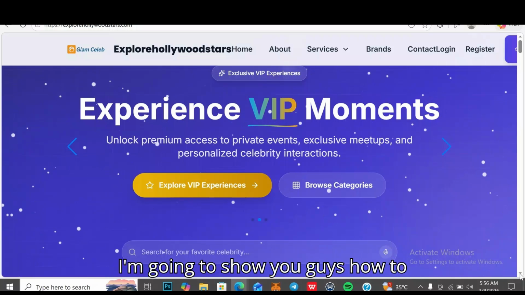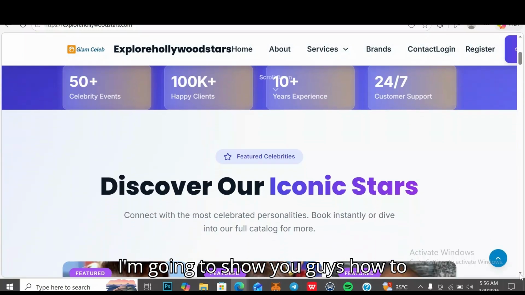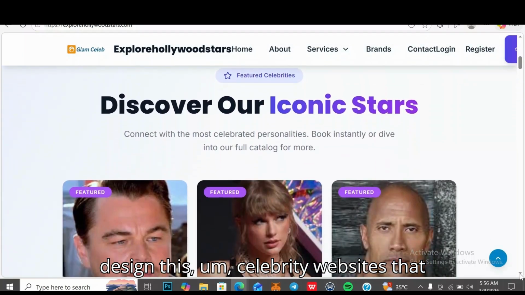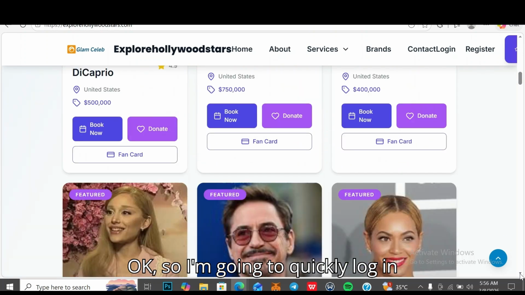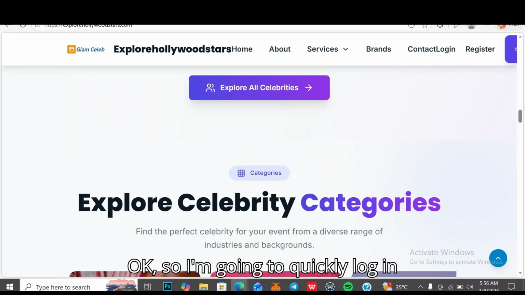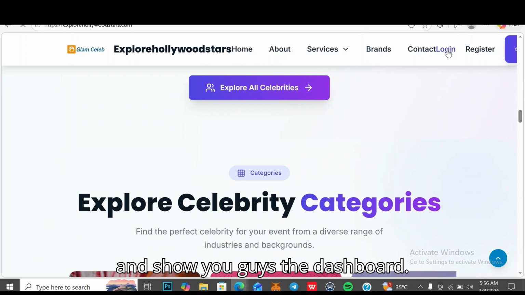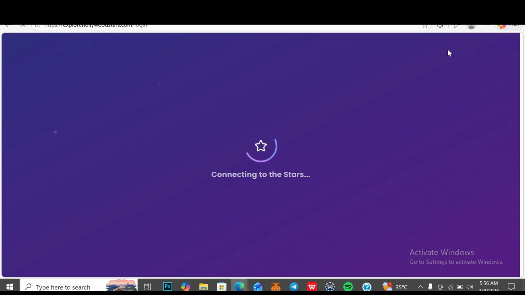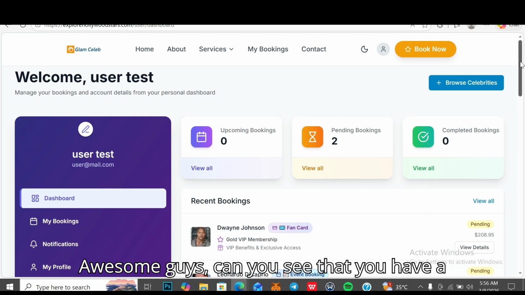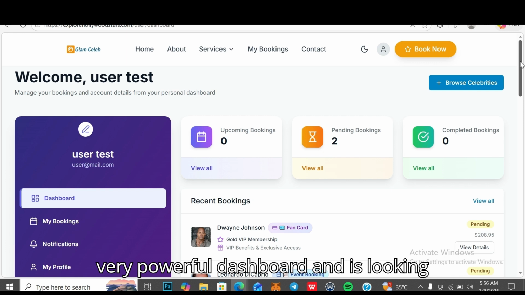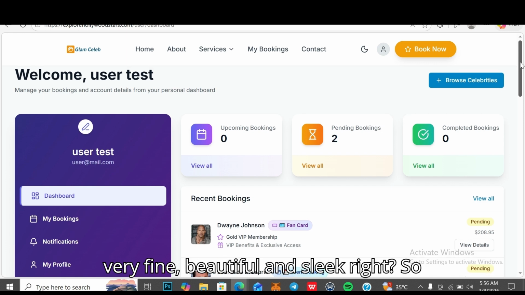Today I'm going to show you guys how to design this celebrity website that you are seeing on my screen right now. Okay, so I'm going to quickly log in and show you guys the dashboard. Right, I'll click on sign in. Awesome guys, can you see that you have a very powerful dashboard and it's looking very fine, beautiful and sleek,